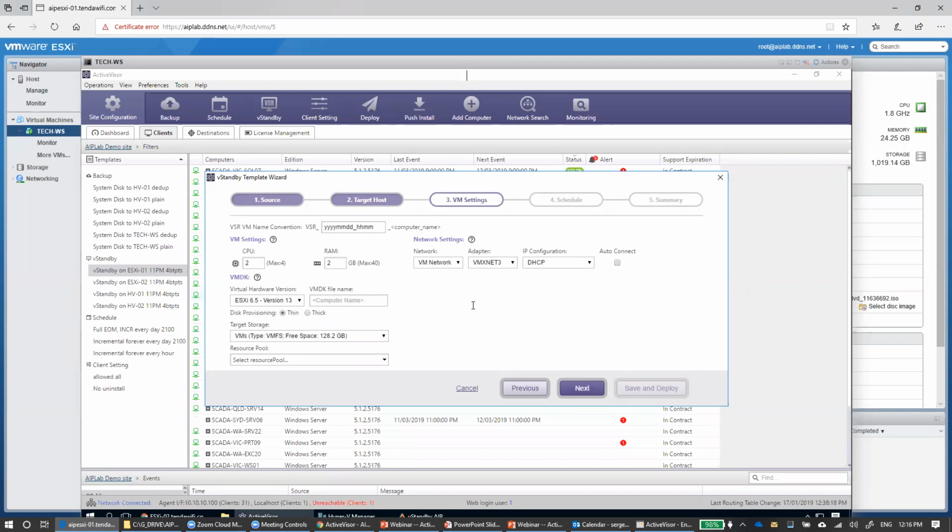So as you noticed, we are not asked about location of backups, right? So we're not producing backups. We are pointing our agent on each machine to directly create or maintain a copy of the standing-by virtual machine, bypassing the backup set creation stage. So number of CPUs and amount of RAM can be defined here. VM name conversion, so we can